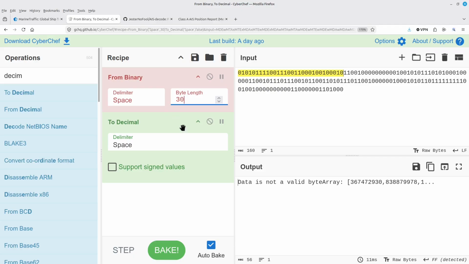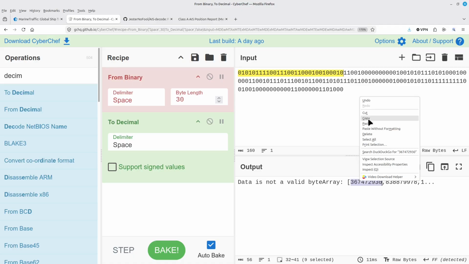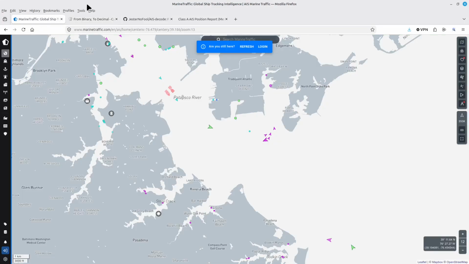Regardless, it will still work because down here it says data is not valid byte array. I don't care about that. What I care about is this number right here, 367472930. That is the MMSI for this particular system. I'm going to highlight that. I'm going to right click and say copy. And then I'm going to come over here to